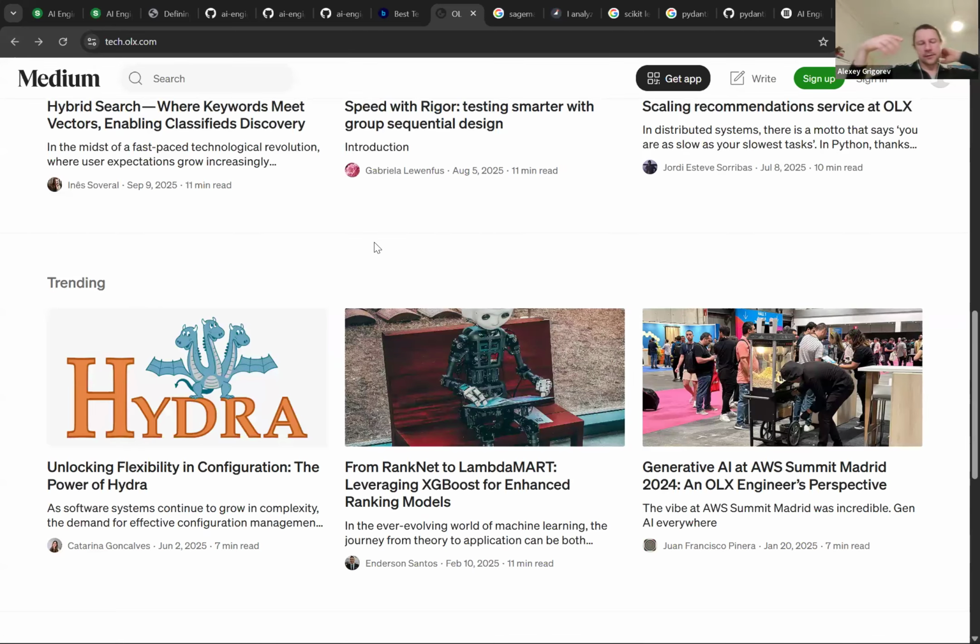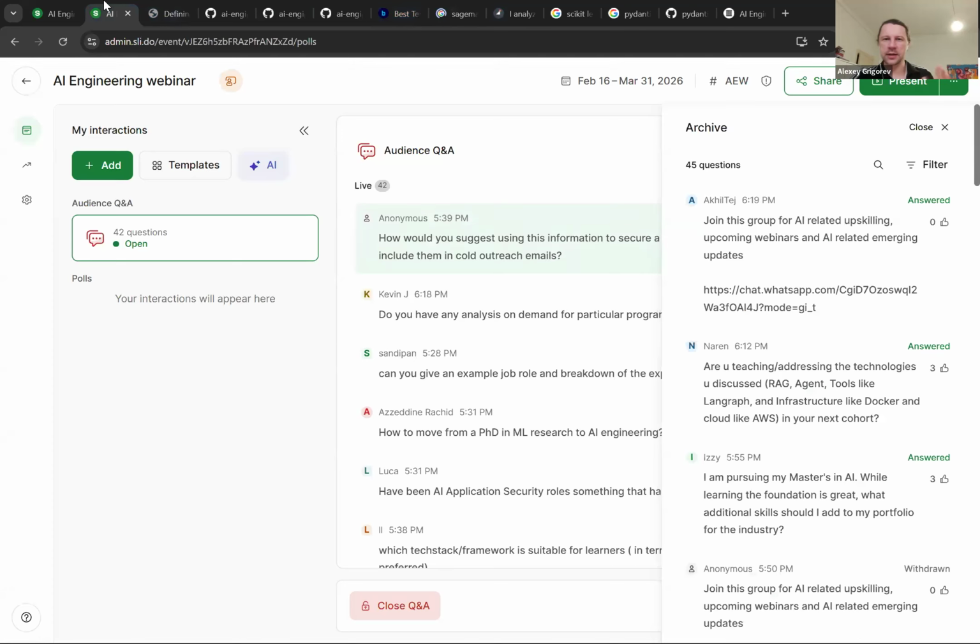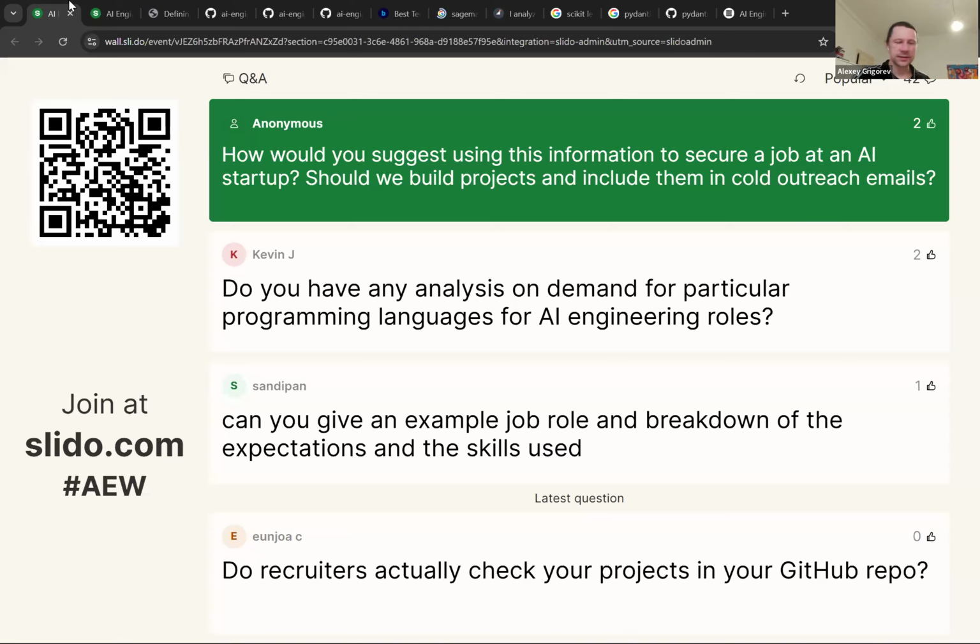So you pick a domain by looking at the companies who hire in the area where you are going to look for a job, right? You pick a domain, you analyze their tech blogs to understand what kind of problems they solve. And by the way, you can automate this easily, right? And then based on that, you can think, okay, this is the domain, these are the companies, and these are the problems I can solve. Let me come up with the simplest way to solve this problem in a project. What kind of data set can I use? Is there an existing data set for that, or do I need to generate a synthetic data set? And then this is how you build your project.